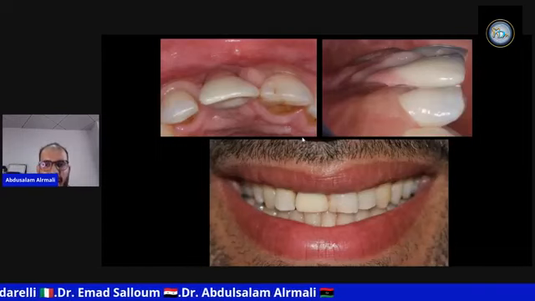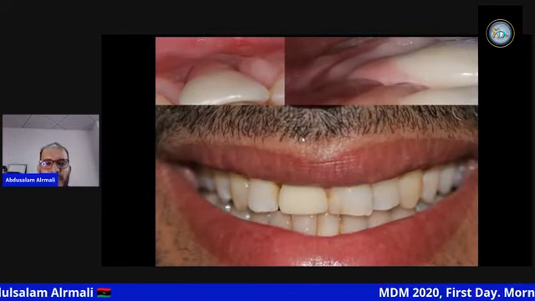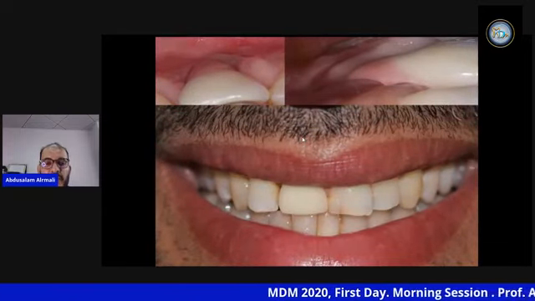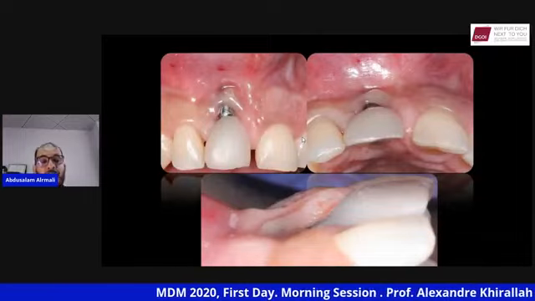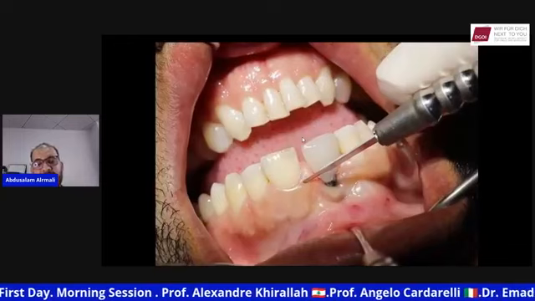The patient has a low smile line, but the patient wants a soft tissue graft. He's a dentist actually, and he wants a soft tissue graft around this implant. So I prepared the case pre-surgically to do the prosthetic part. After that, doing